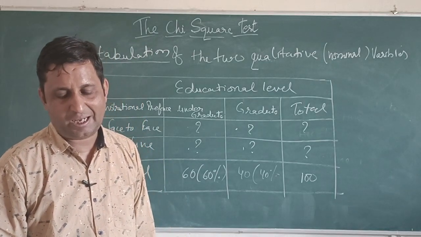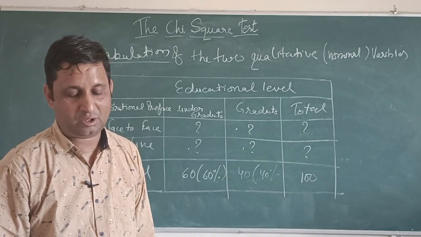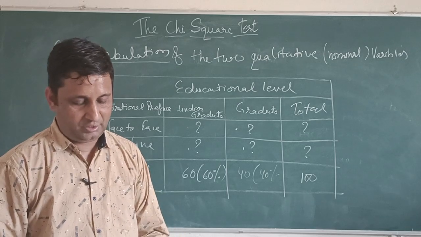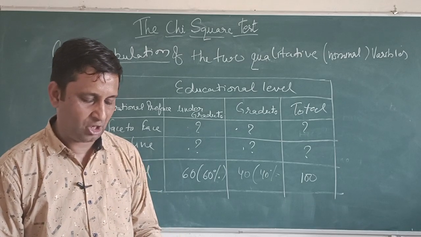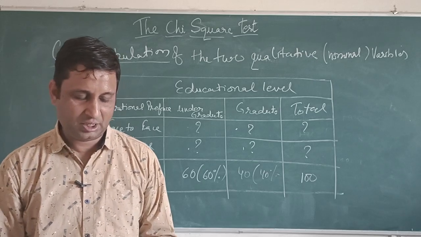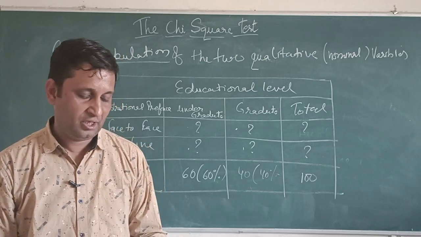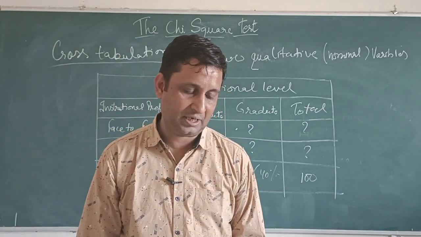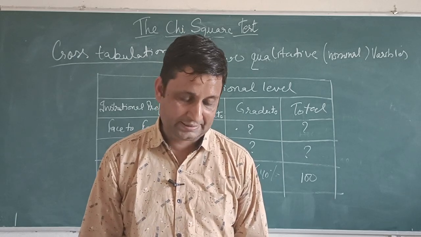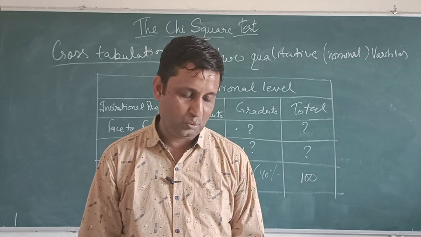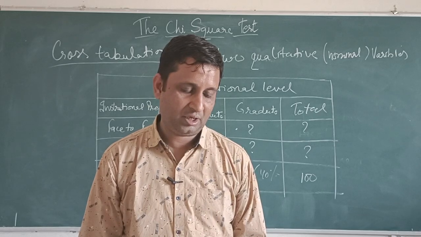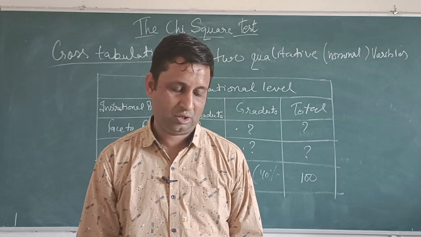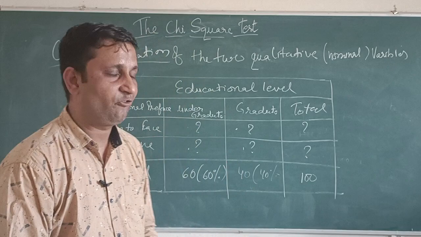In this example, instructional preference is listed as the row and educational level is listed as the column. The next step is to obtain the frequency of each category, which can be done using statistical software, especially for very large samples. Although a cross tab is a helpful descriptive statistic, it is also important to be able to determine if there is an association between the two variables and whether or not it is statistically significant.